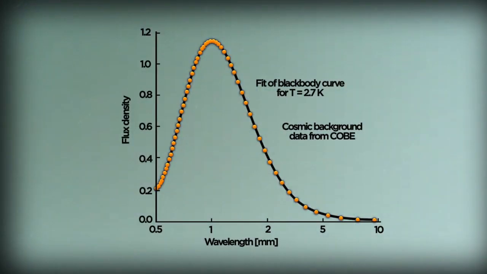Which makes it all the more remarkable that the universe provides, for free, a natural blackbody more perfect than any laboratory device. We are constantly bathed by photons whose spectrum follows the Planck function with an accuracy better than 1 part in 10,000 and a temperature of 2.7 degrees Kelvin. According to Wien's law, that corresponds to a wavelength of 1 millimeter in the microwave band of the spectrum.